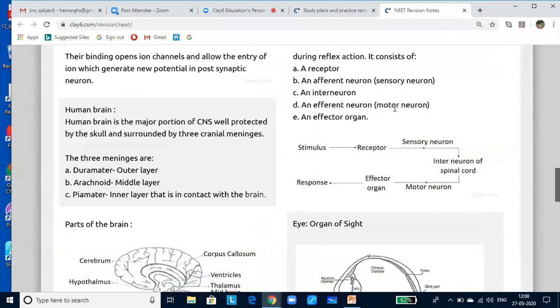So what is a reflex action? It's an immediate response to a stimulus without the intervention of the brain, controlled by the spinal cord or central nervous system. Reflex action is an autonomic motor response to a sensory stimulus without the brain being immediately involved. Reflex actions are very quick and fast. They follow the shortest route for quick response, and these are mostly protective in function.